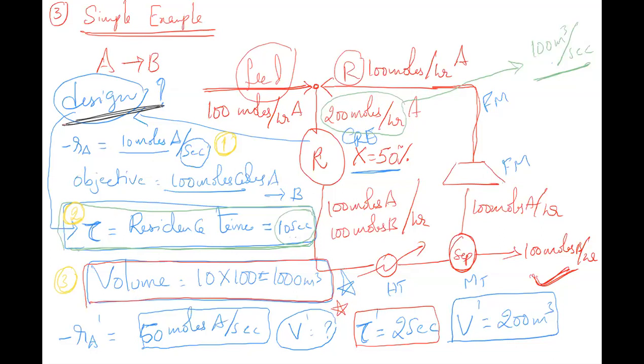So let's take the first case. I have a reactor which gives 10 moles of A per second. What does this mean? If I hold the molecule for a second, then 10 moles of A will be converted. So what is my objective? I need to convert 100 moles. Where did you get this 100 moles? 200 moles is the entry, and 50% is converted, so 100 moles has to be converted. Then what is the residence time? It is simple: basically 10 seconds. That means you hold the molecules for a second and get 10 moles of A converted.